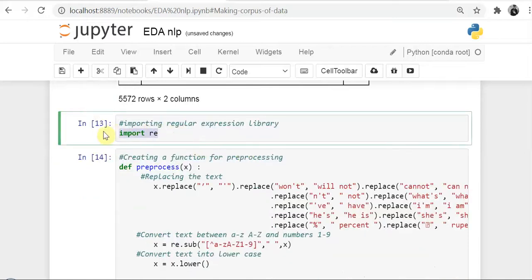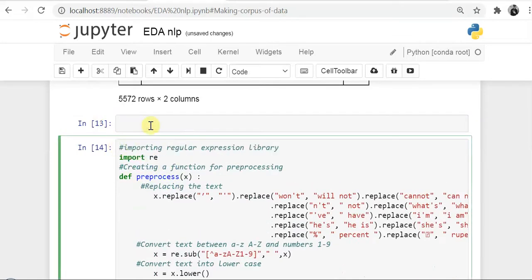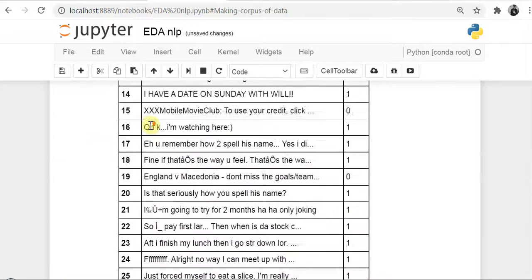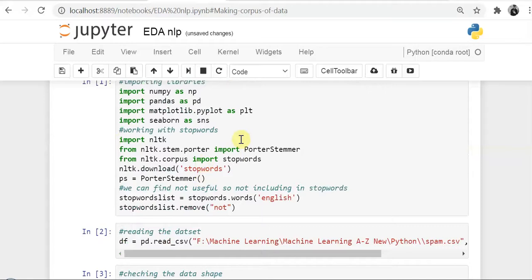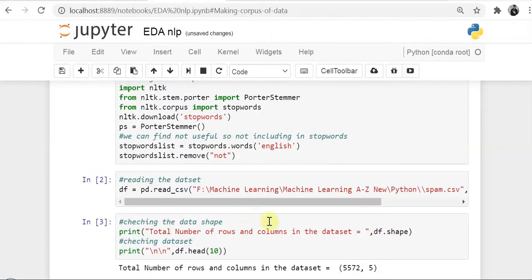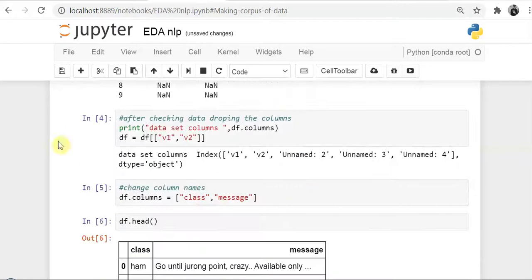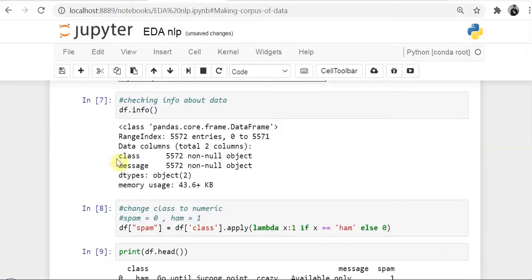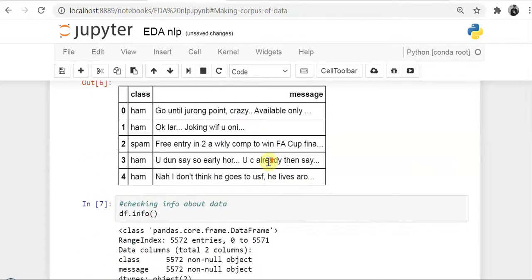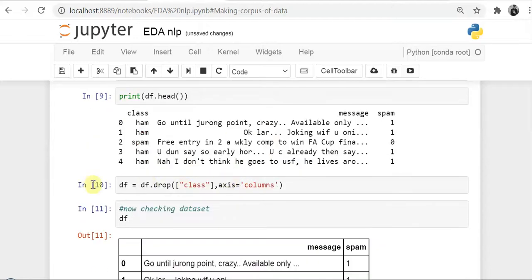Now see, we have the libraries. I am revising what we have done till now: importing all the necessary libraries, reading the database, removing the unnecessary columns, then changing the class labels of the columns. Then we checked for non-null objects, converted the class label into the numeric 1 and 0, and removed the actual column.